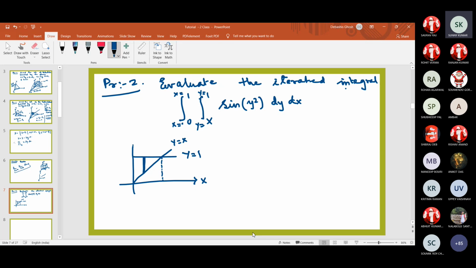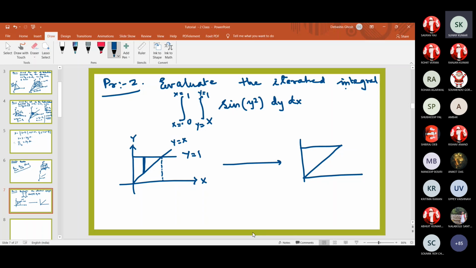Need to change the order of integration in this case? Yes, we need to change the order of integration. That's why this has been given, because whenever we do that integration, we have to integrate with respect to y first. But if you do that, you can see that the integrand cannot possibly be integrated. Therefore, we need to change it so that we can integrate with respect to x first, and after that integrate with respect to y, so that some of the y terms will come up. So for that, we are considering the order of integration here.